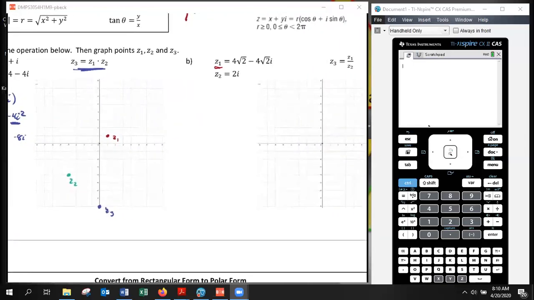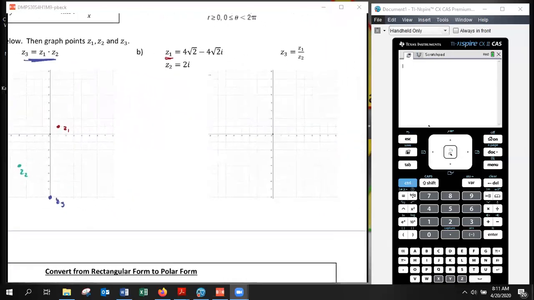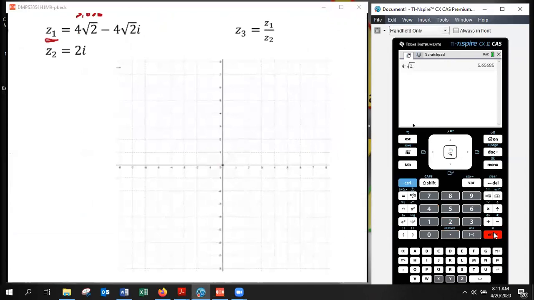So Z1 here is going to be 4 square root of 2 minus 4 square root of 2i. Just so I understand what 4 square root of 2 is, because this is not quite so happy of a number that I want to plug in, 4 square root of 2 is about 5.656. So I'm looking at 5.656. And the only reason I care about that is when I go to graph this, 5.656 is, say, about right there. And then I'll have minus that,